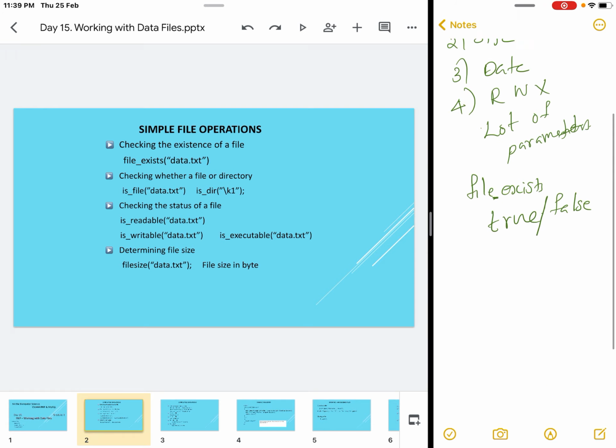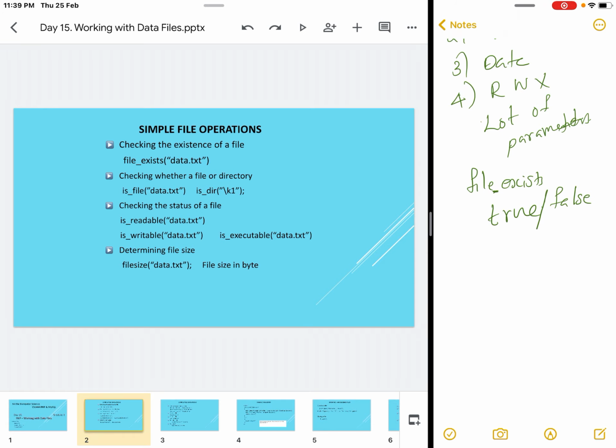In the same way, you can check whether the name given is a file or a directory by using the functions is_file or is_dir. They also return a true or false value depending upon whether it is a file or a directory.